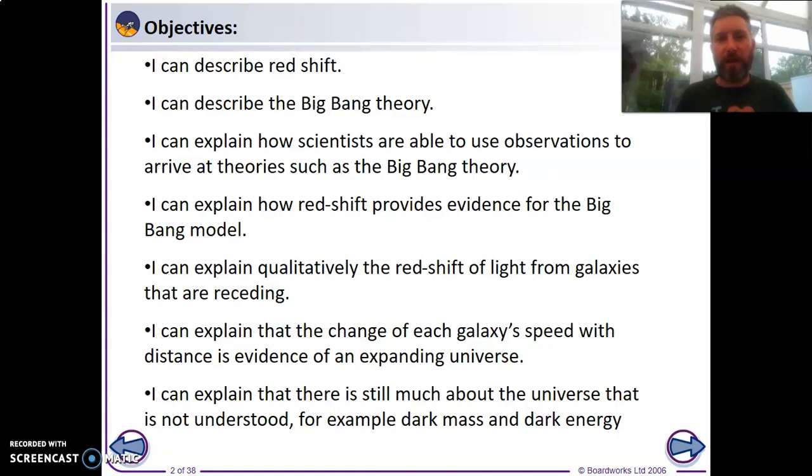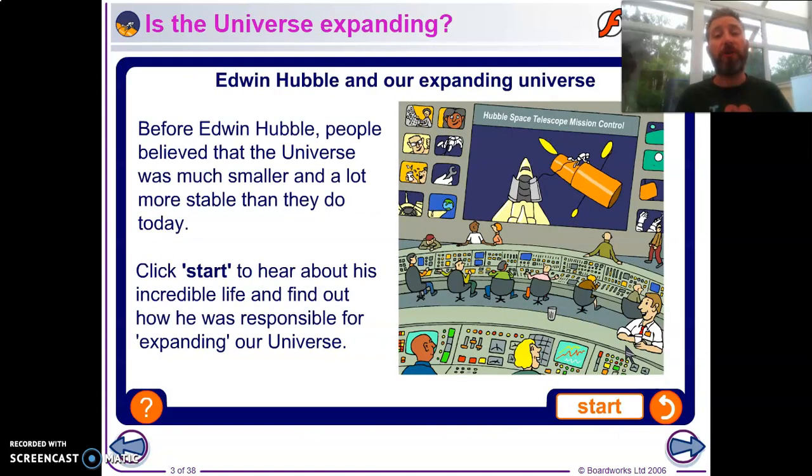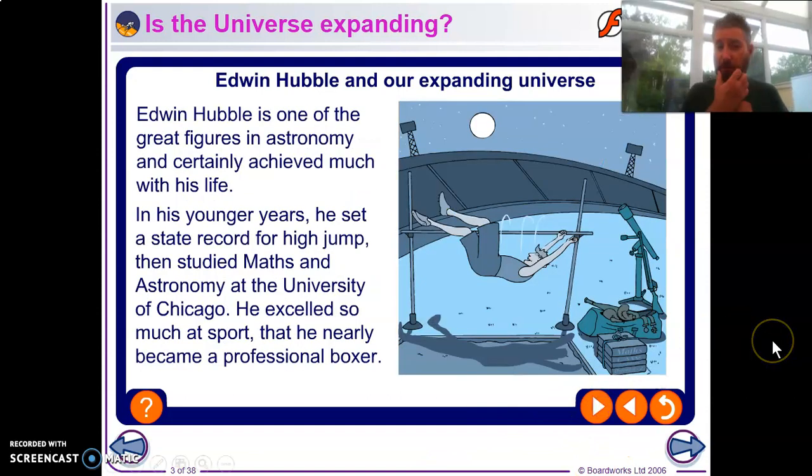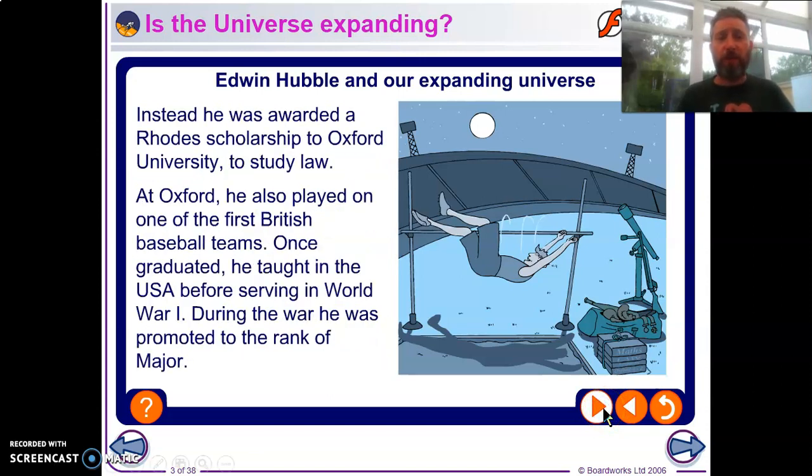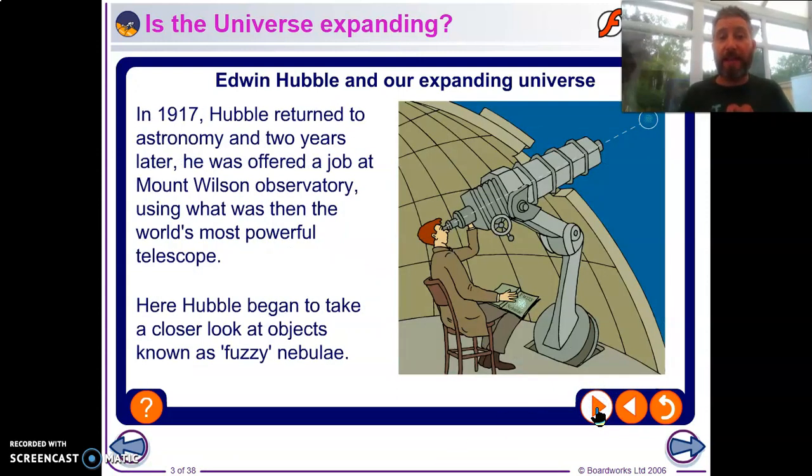Let's get cracking really. Where does the theory start? Well, it starts with Edwin Hubble. Now, Edwin Hubble was really the father of the model idea of our universe, because he was a student in the early 19th century, and he was an accomplished sports person as well, but he ended up going to Oxford University to study law, and from that point he then decided to go to astronomy, and in 1917 he was looking at